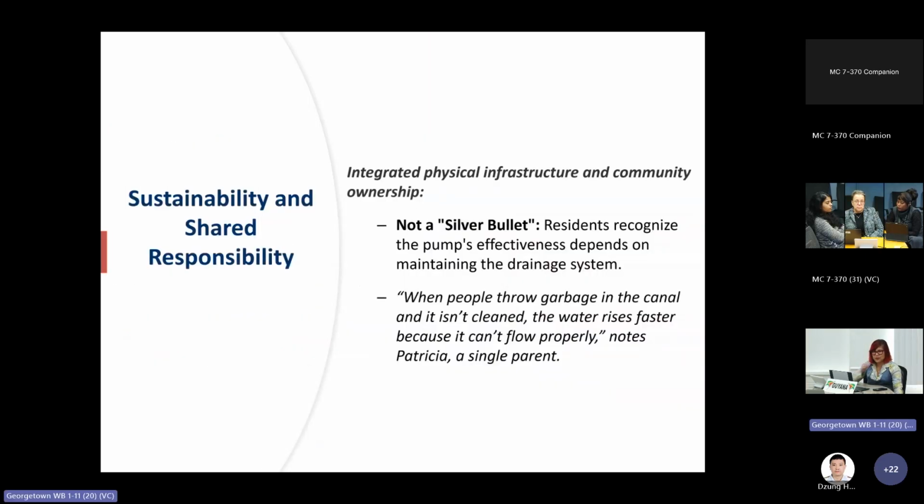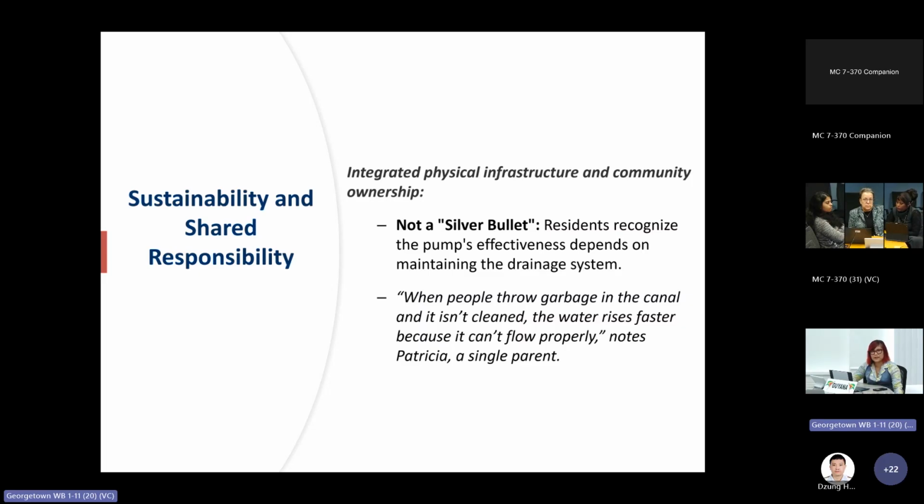Importantly, the community members, the residents, the beneficiaries actually do recognize that one single or even a suite of infrastructure investments by themselves can't solve the flooding problem. And so a lot of engagement was done around community participation in, for instance, not throwing solid waste into the canals. Government actually does seasonal canal cleaning, and there are a number of NGOs, civil society organizations that are